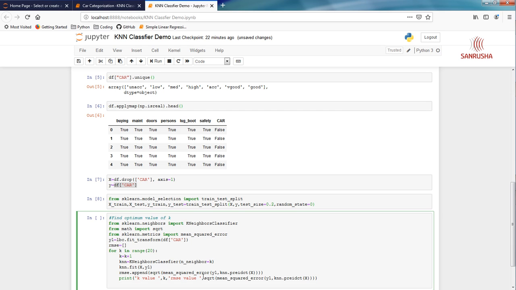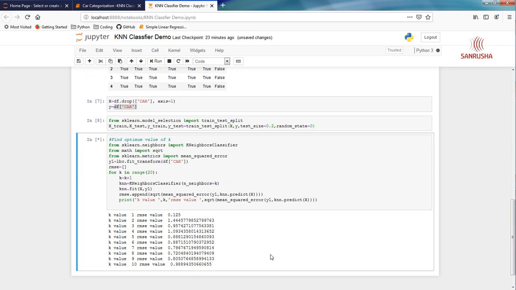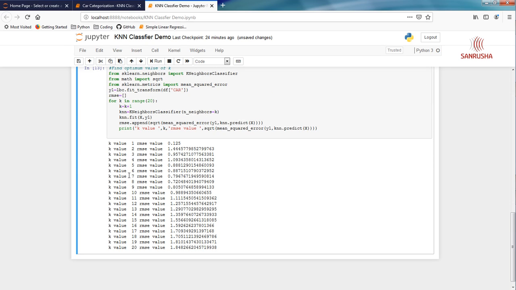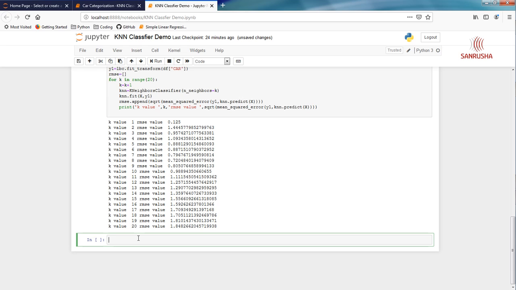Not bad. Okay, and let's see if we got it right. Very good. Let's see. So it is either 7 or 8. So at 8 it is lowest, and then it keeps increasing after that. 1 looks anomalous, so I'm going to forget about that. Let's start with value 7. So we got the KNN value. So let's train our data model now.